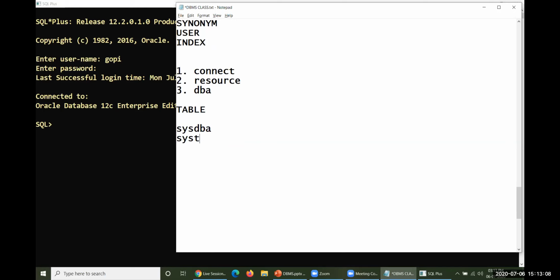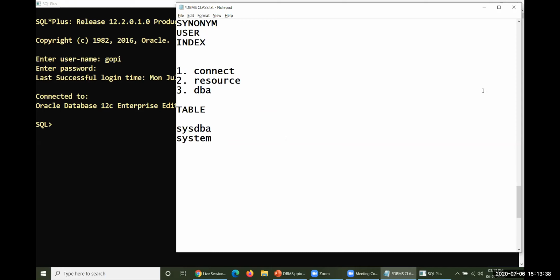And then SYSTEM, which also has three privileges. These two are considered as super users for the entire Oracle-based SQL database. These super users have all these privileges.